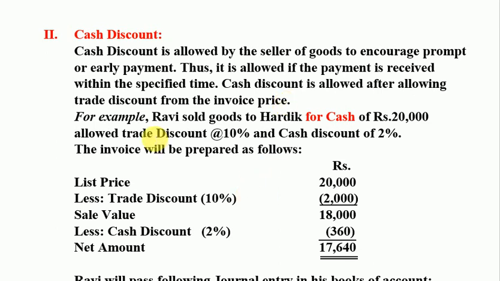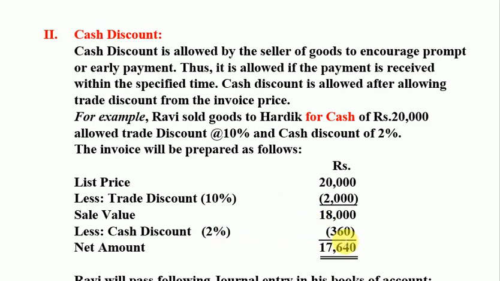Let's take an example: Ravi sold goods to Hardik for cash of rupees 20,000, allowed trade discount 10% and cash discount of 2%. So the invoice will be prepared as follows. List price is 20,000, less trade discount of 2,000, and the sale value is 18,000. On this amount of 18,000 we will provide the cash discount. So 18,000 into 2 divided by 100 is